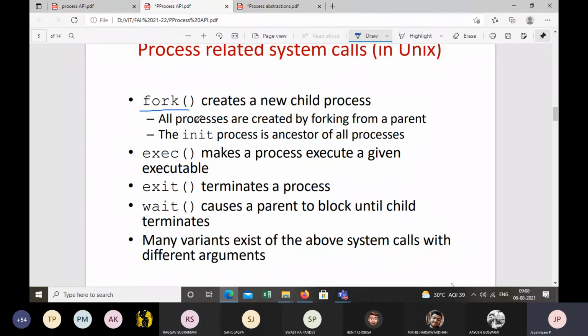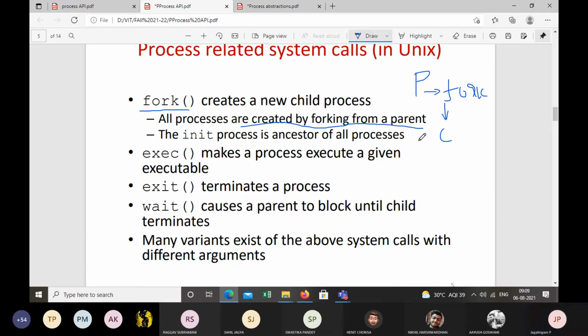Always remember that there is no way a process is created on its own. Every process is created by another process. You have a parent process, and the parent process uses a fork system call to create a child process.